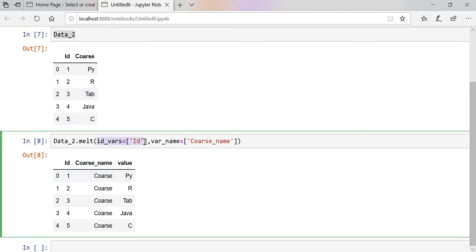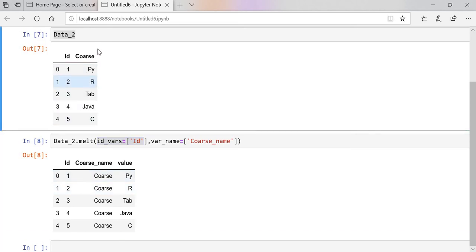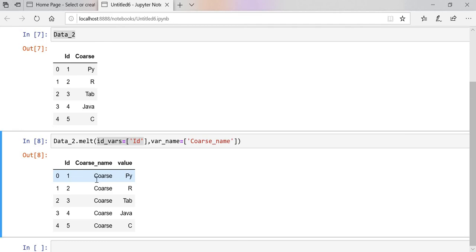Hope this will make sense. What is the id? Identifier. And this var name means the elements that belong to the course, right? That's why I have given the course name over here, so that it will be better understood. That is, the first id is the course, but which course? That is Python. The second is the course, but which? That is the R language. Okay guys, hope this makes sense, how identifier and var name work.